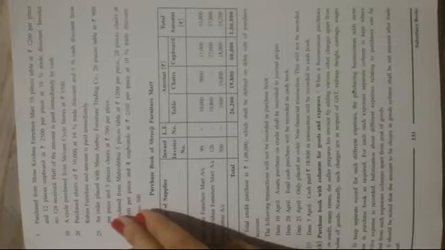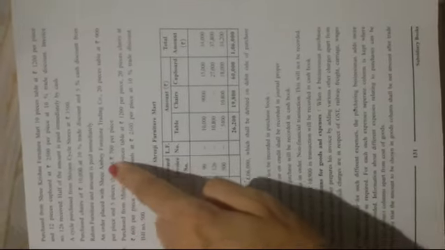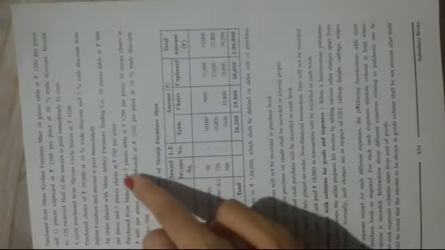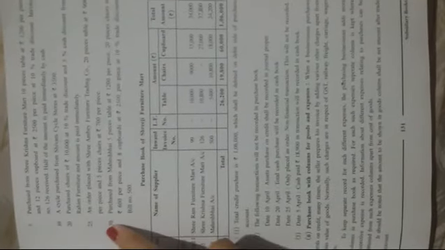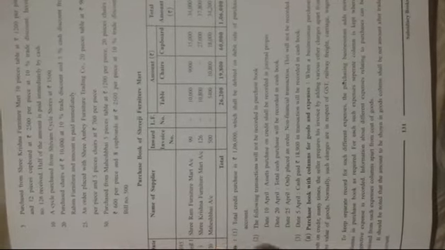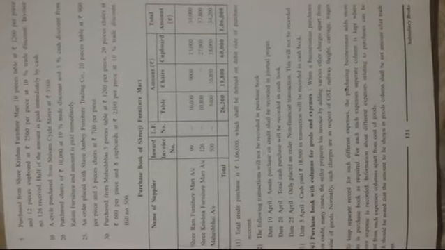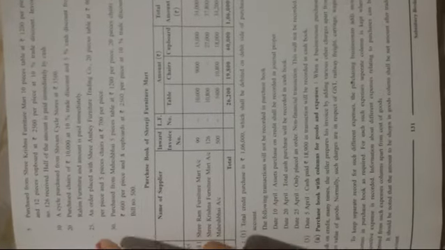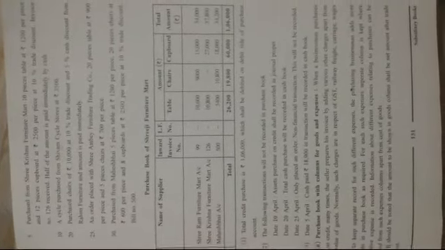The next is, an order was placed with Sri Ambe Furniture Trading Company, 20 pieces table at rupees 900 per piece and 5 pieces chairs at rupees 700 per piece. Again this would not be recorded in the purchase book because only an order has been placed, it is not purchased. Therefore this transaction would not be recorded in the purchase book.